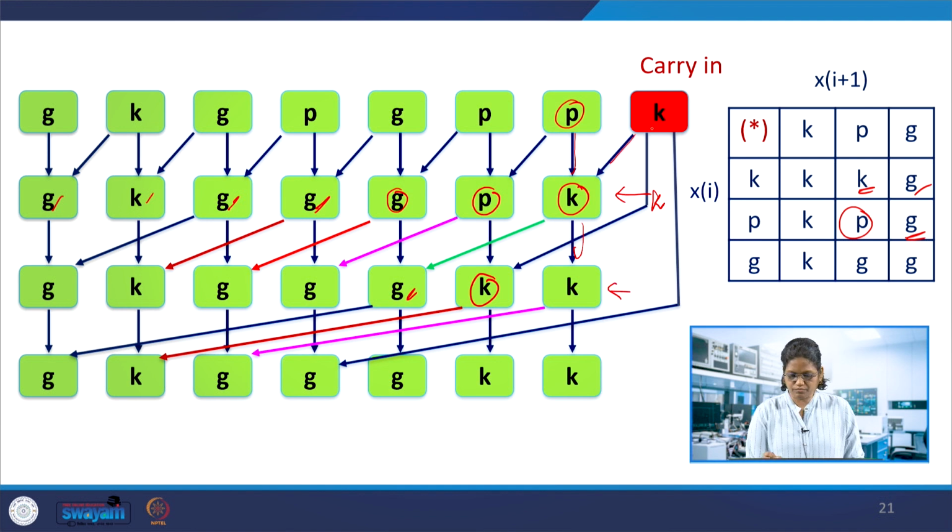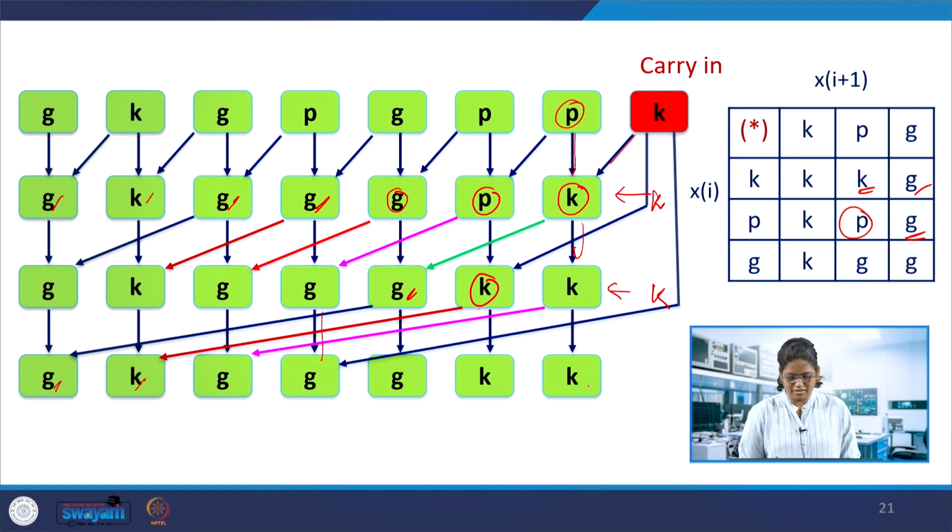So this is step 0, 1, 2, and then the final step, because we have 7 or 8 bits, three steps we can get it. So in the final step, instead of skipping 1, skip 3 here. So this is K again here, copying it, and then you can have this 3 skipped. Okay, 1, 2, 3, K and G. So this is the first point you get from this K and generate. It is going to be generate, and the generate and K is again generate. This one, previous stage was K, so kill and then generate, and generate gives G. So in this step, you can see all propagates are eliminated here.